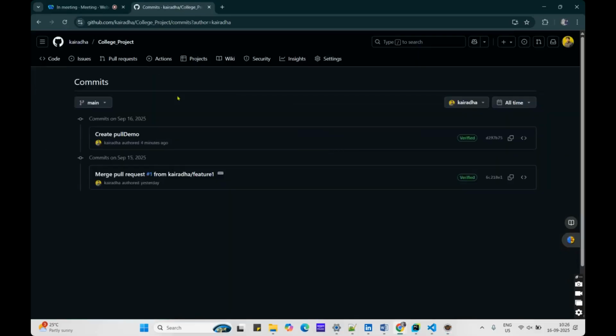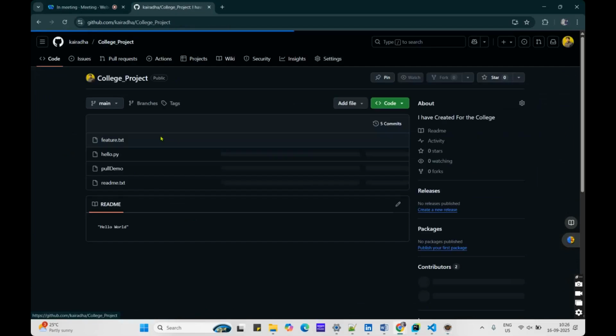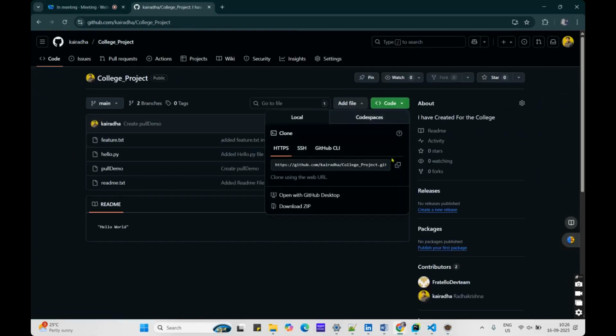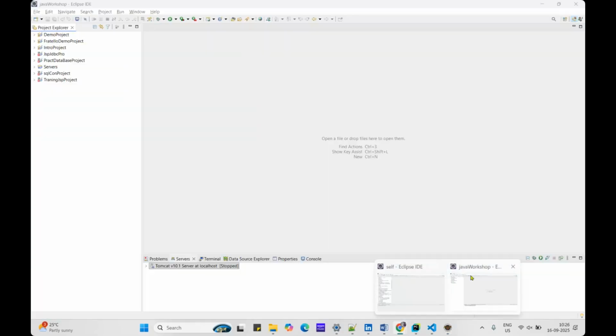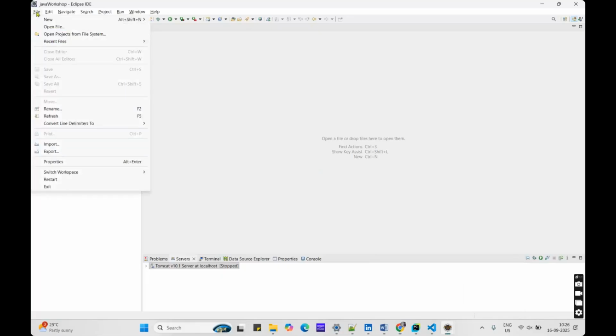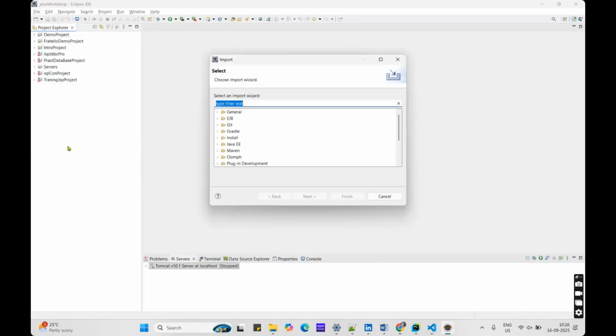clone this repo, right? So I will go to the college project and copy this link. I want to clone this project in my Eclipse. Let me open the project in the file menu. Here you need to import it. Click on Import, and click Git. Choose Projects from Git, and next,